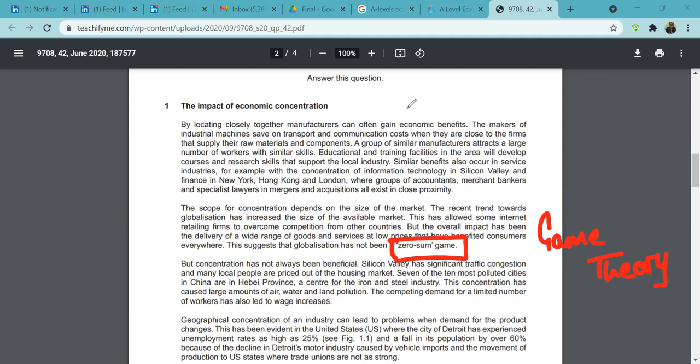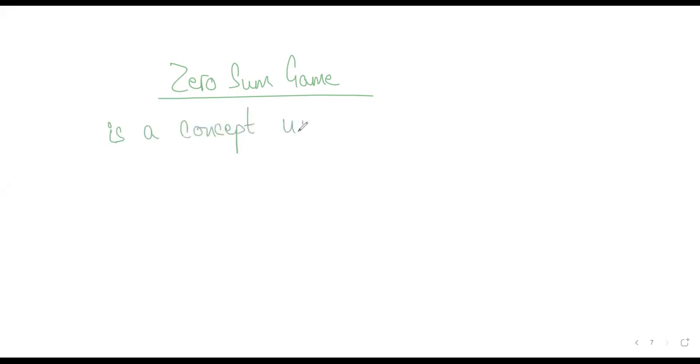Now, what is a zero-sum game? To quickly tell you, have a look at this. A zero-sum game is when one person's benefit is another person's loss. That is all you need to remember. This is a technical word that they have used here. Zero-sum game is a concept used in game theory which refers to the idea